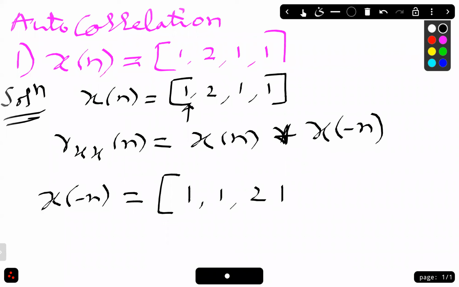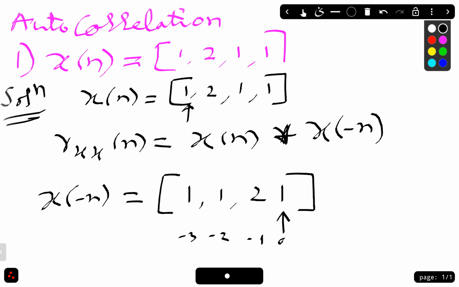So here this is how we are writing it, with the arrow. Right? So here the arrow was at the first point, so if you fold it, we'll get it this way, 1, 2, 1, 1. So that means 1, 1, 2, 1 will be there. This is 0, this is minus 1, this is minus 2, and this is minus 3. Hope you understood this. Anybody has doubt here? No doubt, sir. Okay, right.